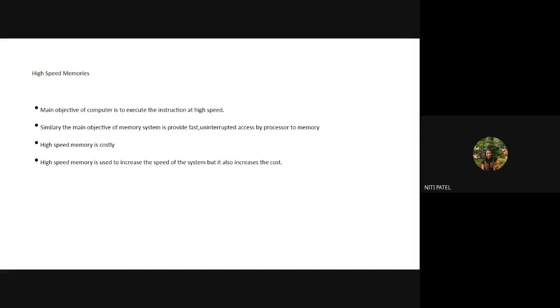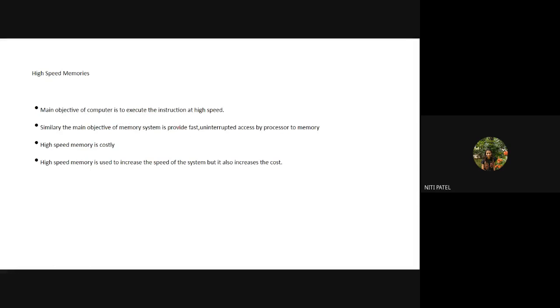So what is the main objective? Whenever a user gives an input to a processor or to a system, what does the user expect? That it should give the output in a minimum amount of time. If I have given an input today at 11 o'clock and it gives me the output tomorrow at 11 o'clock, is it going to be a good computer? No. By that time, I myself can operate and take the output without giving it to the computer system. So how do you decide it? It depends upon the speed. We want the speed to be very high, and speed of what? The speed of the processor.